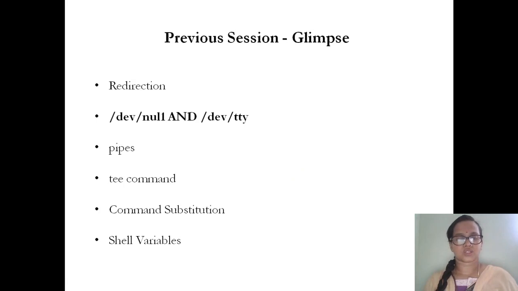So in the previous session we have already discussed about redirection, how the three files will help us in our execution, and also the two special files, that is /dev/null and /dev/tty, how these are all used, and the pipe command which is used in order to combine the two commands, we have just seen with an example, and also the tee command which has been named after the T-splitter in plumbing. So the tee command, how it displays its output both on the display terminal and also on the